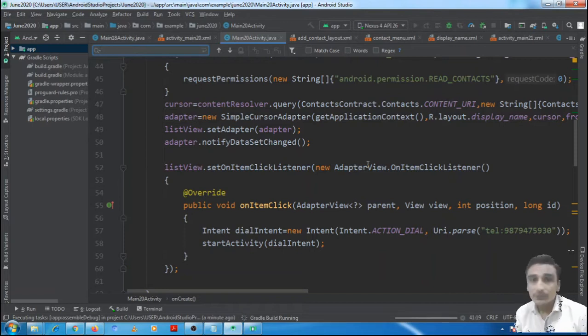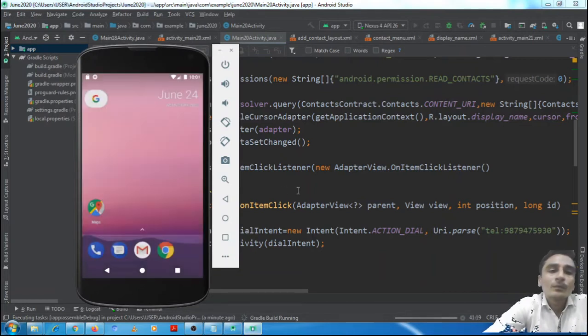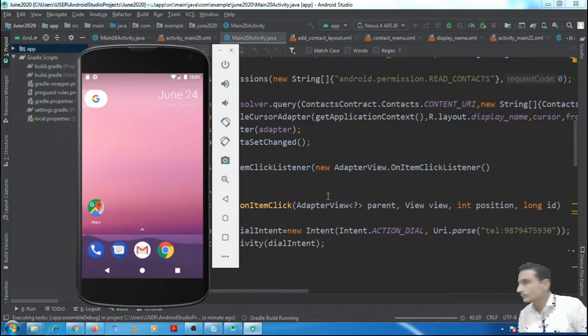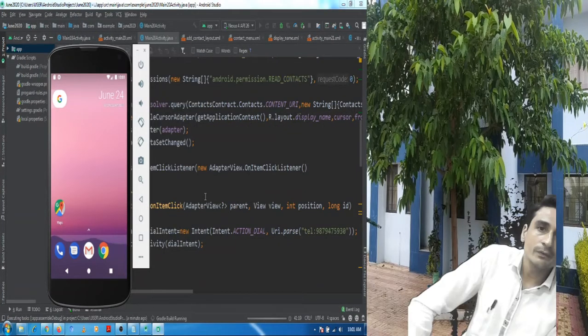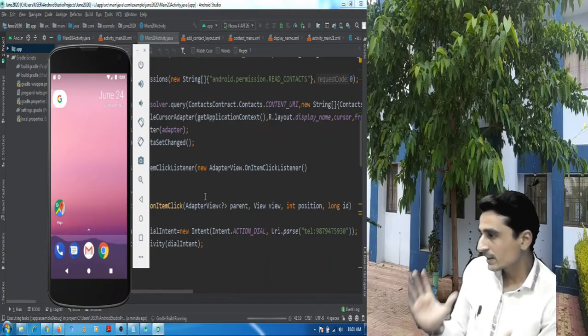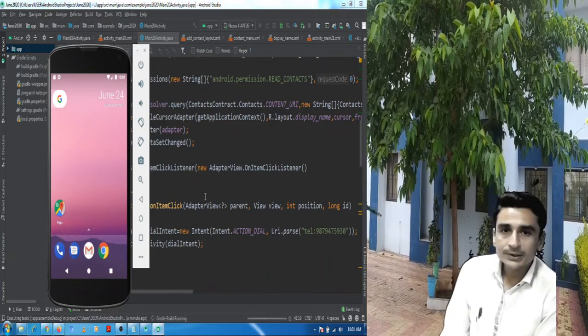So in that case, we should also show a proper message to the client that no phone numbers are associated with this. The application is in the process of installation. Let's wait for it.